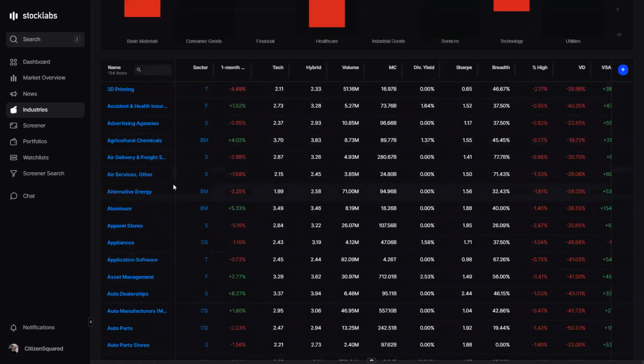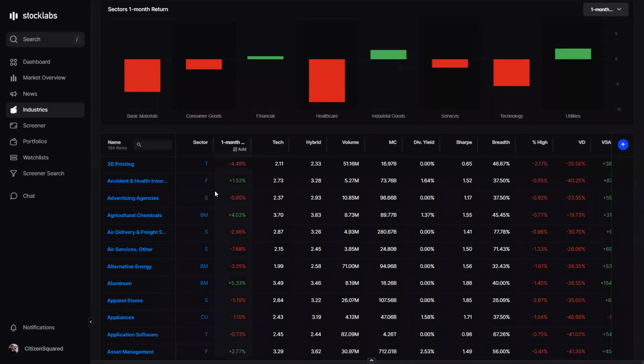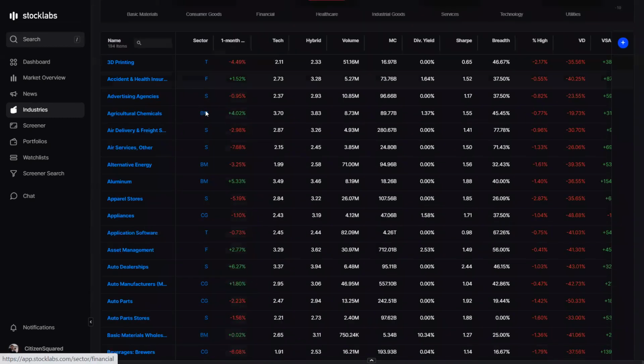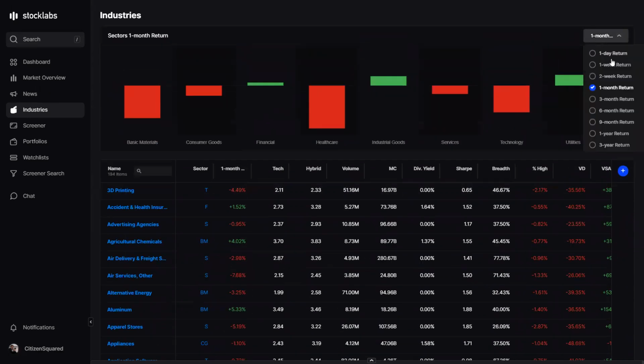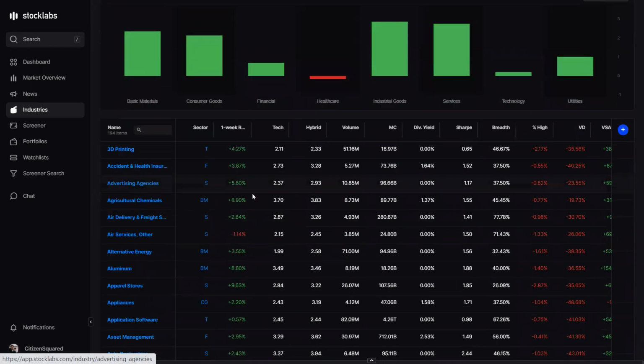Down here are the subsectors. These are all the sectors that make up any one of these up here, and they're marked. You know, the first column is, okay, so 3D printing is technology, so it's within that. And then these are the same thing. This is median return for the sector. I'm going to go to 1 week,